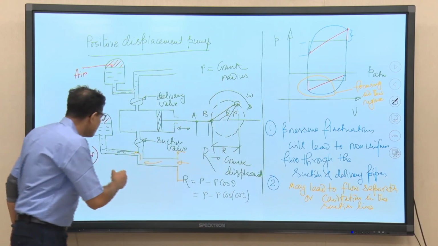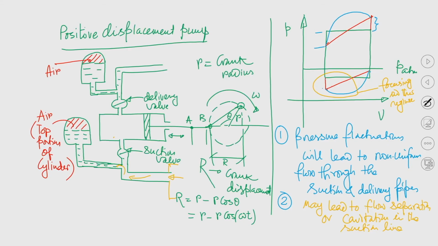So, part of the liquid will try to compress the air in the air chamber, and while compressing the air, some amount of energy will remain stored. Now, when the pressure inside the cylinder is close to atmospheric pressure at the end of the suction stroke, the pressure difference between the cylinder and the suction tank will fall. On account of this relatively lesser pressure difference, liquid velocity through the suction pipeline will be reduced, which in turn will reduce the flow rate to the pump.